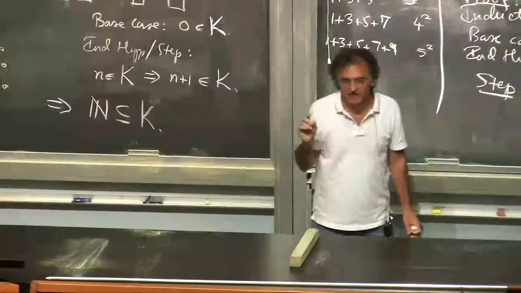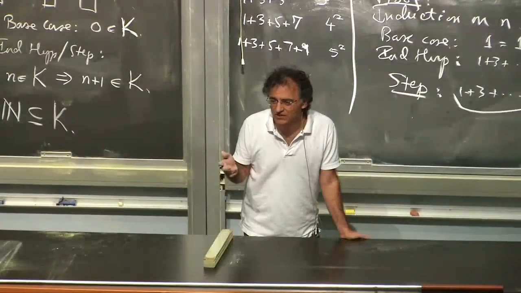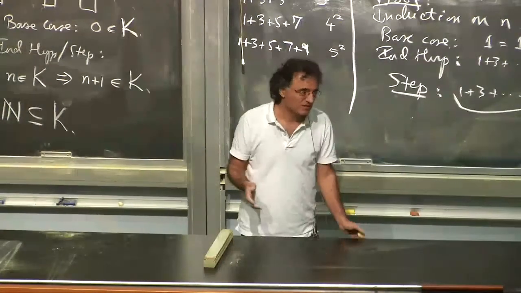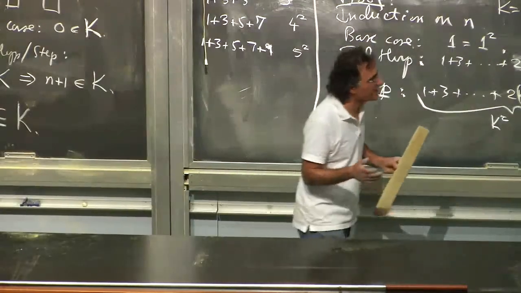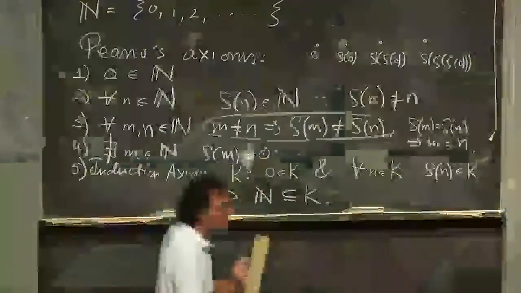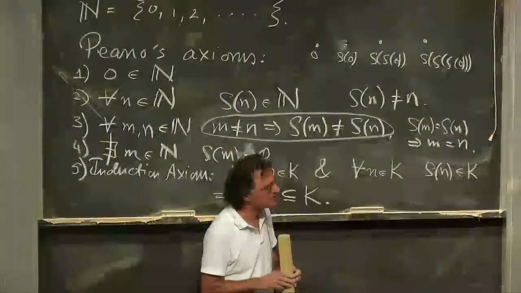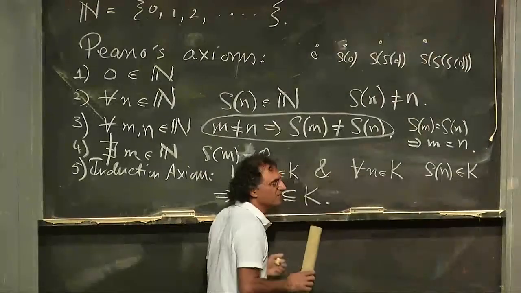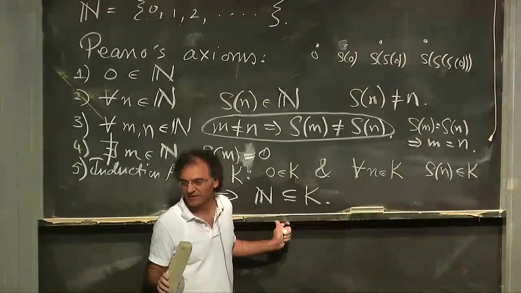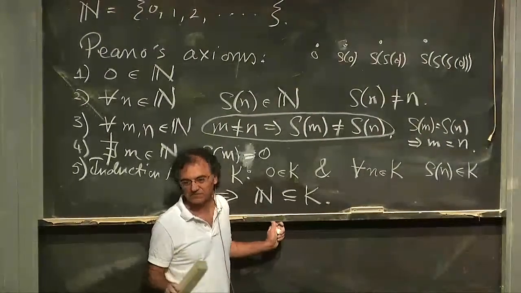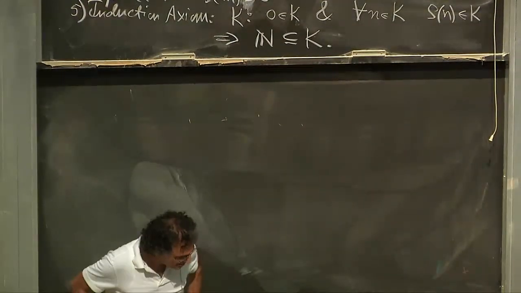I'm sorry, I don't remember the numbers of the notes. I think induction is note 2. Is it note 2? Note 3. Note 3. Okay, so that's how far we are going. Sorry, I don't remember the upcoming homework. Did we have a stable marriage problem or not? No, so far. Okay, good. So we are confined to note number 3. I think notes 2 and 3 for this homework.